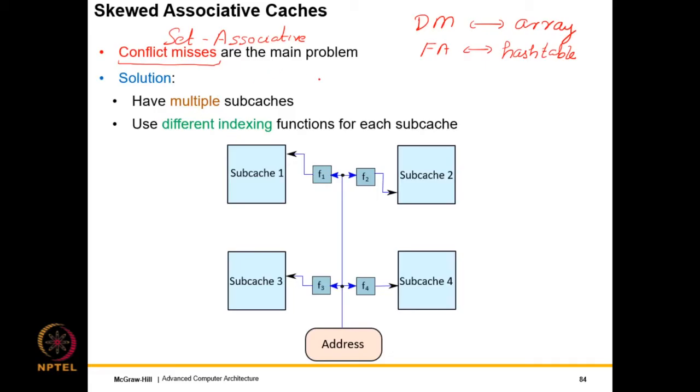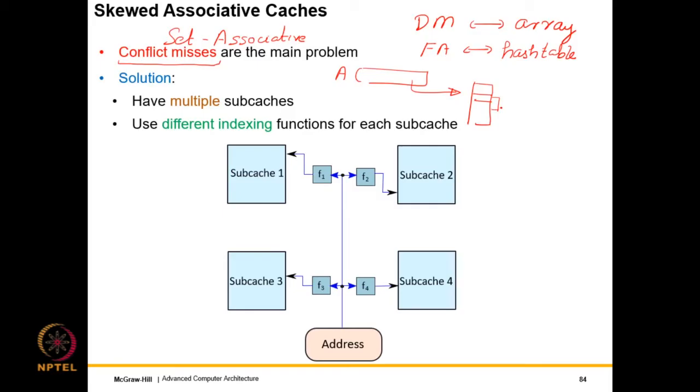So what we do is, instead of a regular hashing scheme, where we take an address, extract some bits out of it, we might further mangle the bits, and then use it to access an array location, and then we do a local search, as we do in the set associative case.